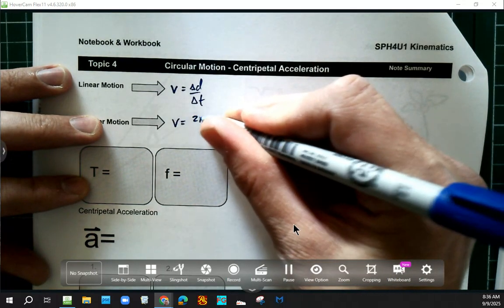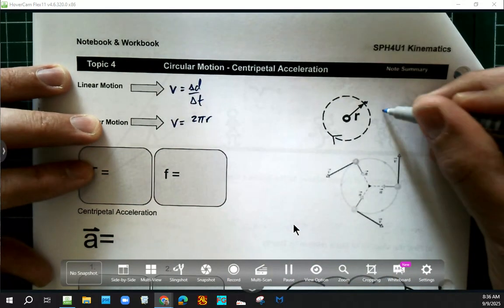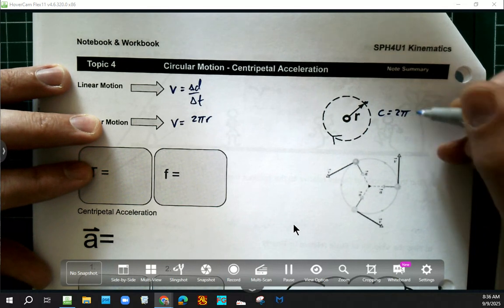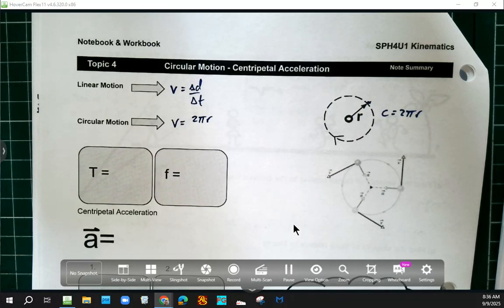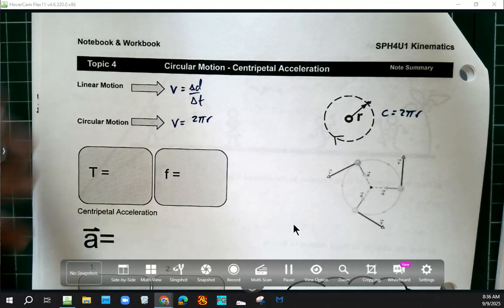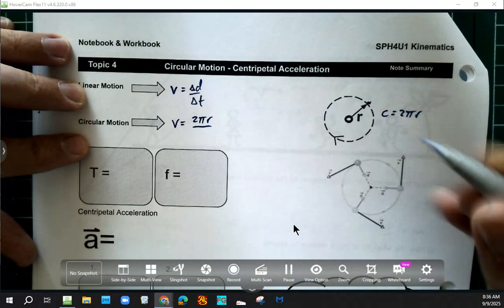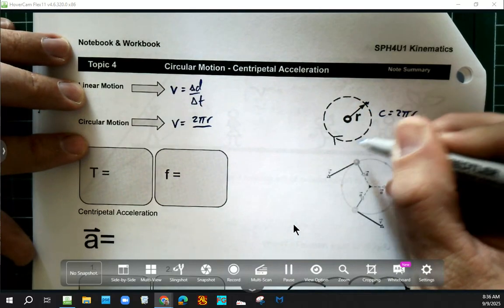So 2 pi r would be the circumference around the outside of that circle. For centripetal acceleration, if that's a thing, I think most of us kind of believe in it because we've heard of it before, and anytime you take a turn, you can feel something funny happening. And then instead of the delta t, we talk about the amount of time it takes to make that complete cycle. So that's the